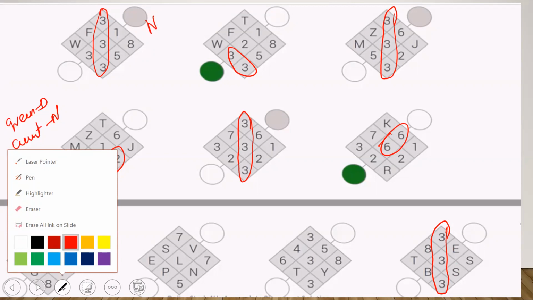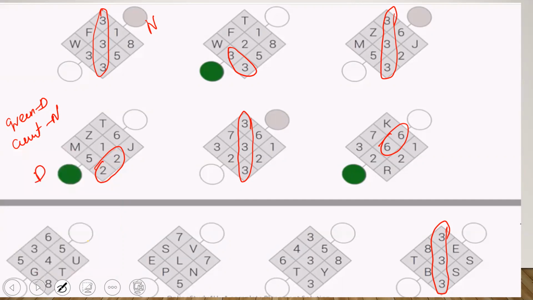cement color. Cement color is not here. There is no cement color option. Imagine any color which is close to cement. This looks close to cement.